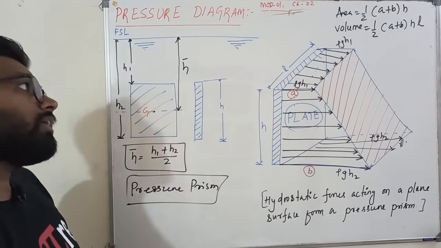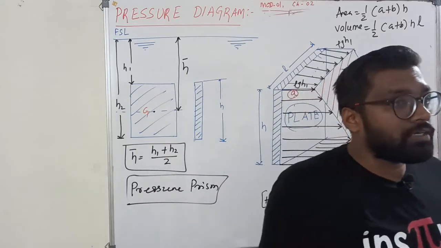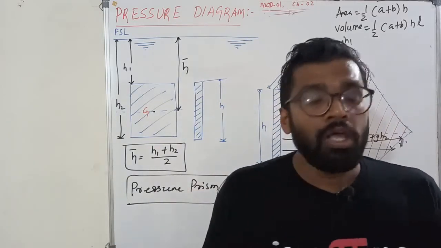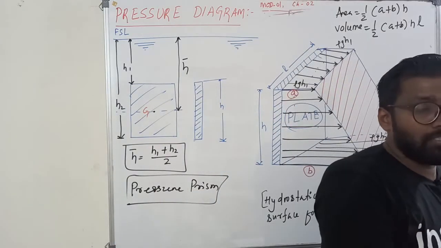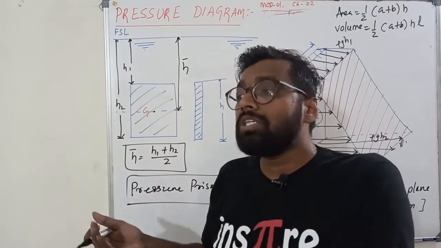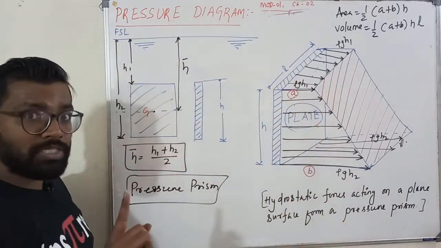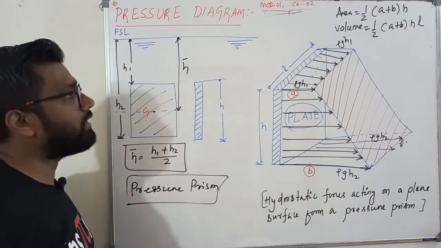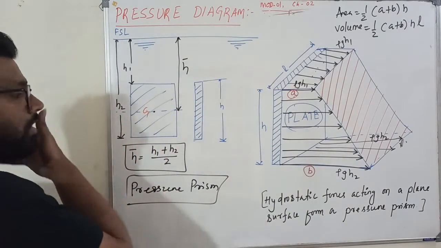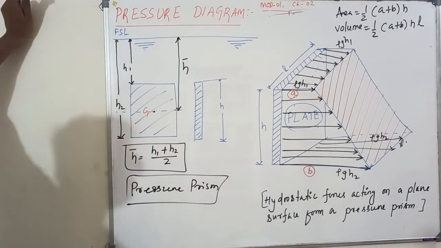Very good. So what is our objective here? Our objective here is to find out the total pressure force acting on the vertical plane surface and the center of pressure. That is the location where the total pressure force is acting. That is our objective, so I am going to solve it. Now, you can just note this side down because I need to erase.